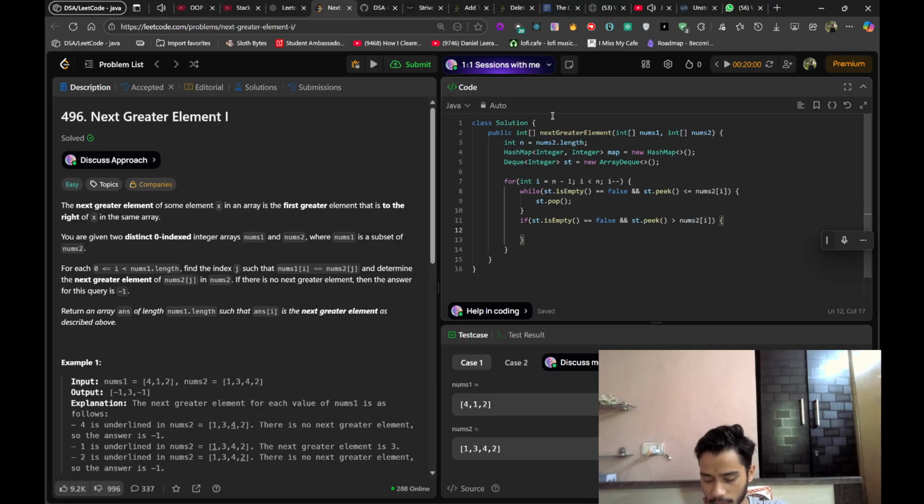Wait a second. So if st is empty, and if it's not empty but the top element is greater than nums2 i, the input I'm providing it, then what you have to do is, so the thing is that if the stack is going to be empty, I'll still have to push. So if here also I push, if here also I push,